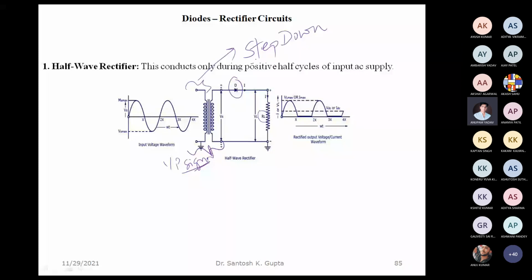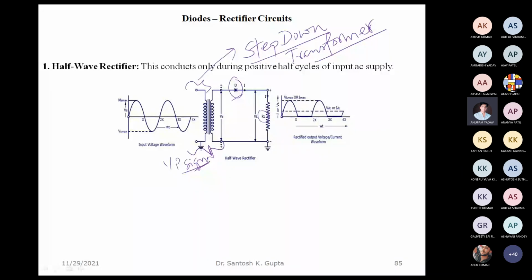Okay. So this transformer is a step down. From the mains we have voltages such as 200 to 240 volts, and then we reduce them to a smaller voltage by a step down transformer and apply that pulsating AC voltage to the diode circuit here, which is very simple as we can see, consisting of only a diode and a load resistance RL over here.